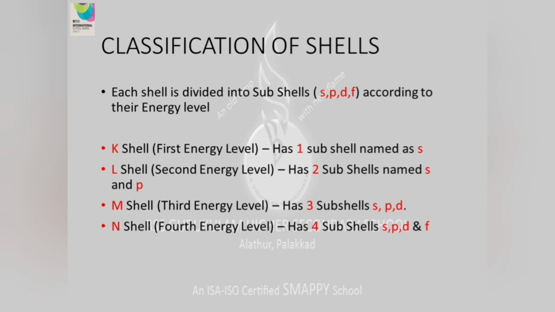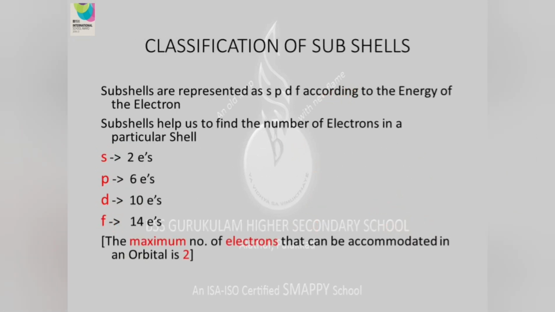Classification of subshells. Subshells are represented as s, p, d, f. These are the subshells in which the electron gets added. Now it also helps us to find the number of electrons in a particular shell. The s subshell has a maximum of 2 electrons, the p subshell 6 electrons, the d subshell 10 electrons, and the f subshell